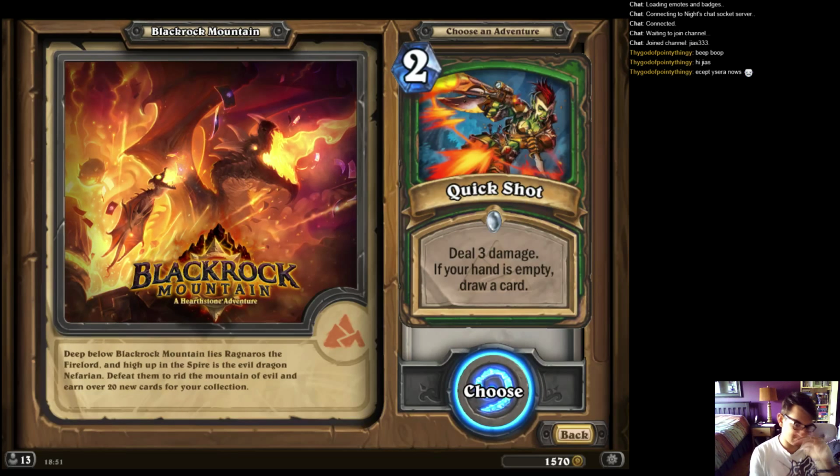It's similar in value to, it's actually higher in value than Frostbolt, even though Frostbolt can represent a tempo advantage sometimes. It deals 3 damage to anything, and if your hand is empty, you just draw a card. So this encourages you to empty your hand and then quick shot, and you'll draw another card, which could be your second quick shot, and look at that. You've just dealt 6 damage out of nowhere through pure top decks with no previous